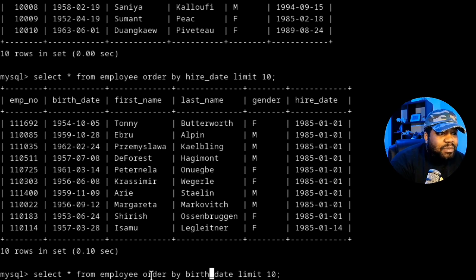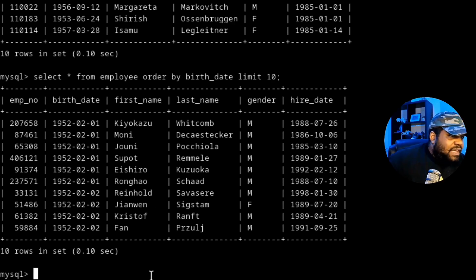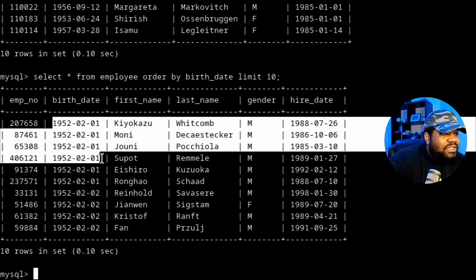Let's say you want to look at the birth date of all your employees. For whatever reason, you can order all the results by those dates. And then you can also throw your filtering in there with the where clause. So let's go down and press enter. Boom. And as you can see, that's our oldest employee right there, or a couple of our oldest employees right